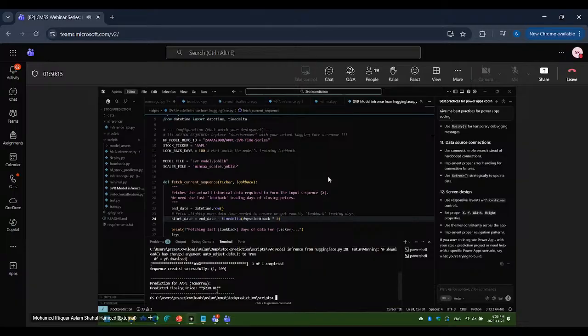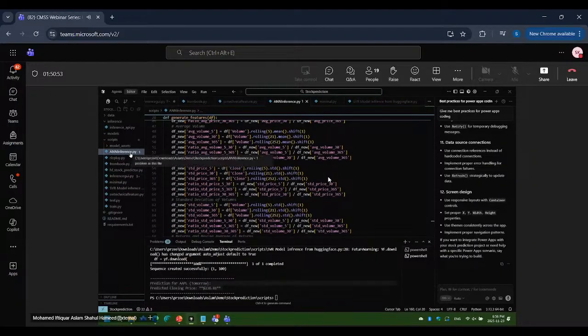Here again it says 238, right? Because even though we are using more data, what we are using is an ML model. This is the stock price. So either I used the same ML model, one with less data, one with more data, but both returned similar results. Now I have another inference point here, where I used deep learning in order to train and get the result.